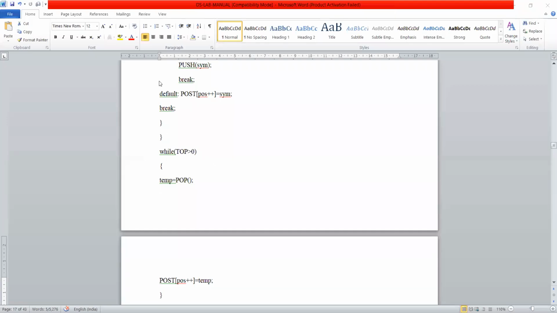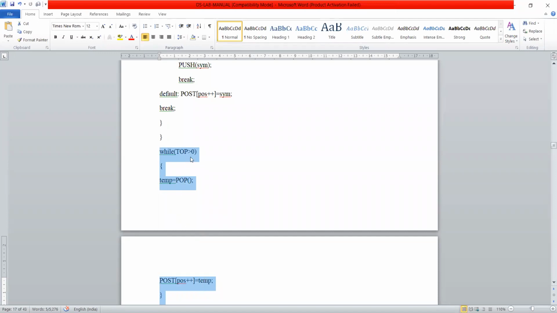So once the scanning process is completed, from the opening parenthesis to the right end, and everything has been scanned, what happens at the end of the expression? It has been read and everything is done. Leftover symbols in your stack should be added to your postfix expression, right? That is what we are doing here.